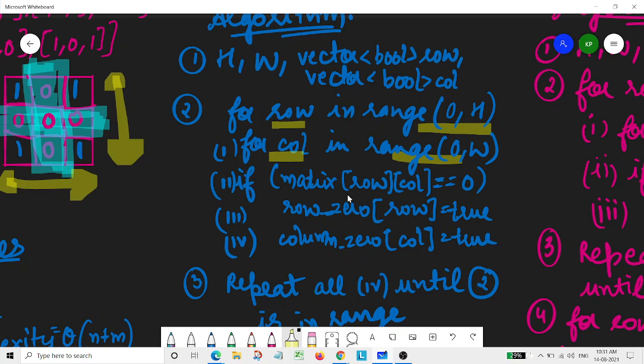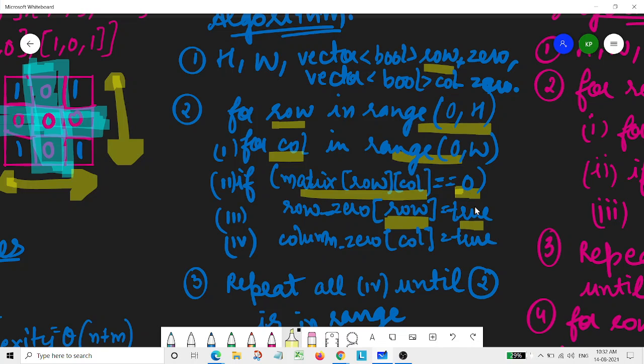So like this, wherever in the matrix I find a row and column, meaning whichever cell I find as 0, I simply mark that particular row as true in this row array. Quickly, here I have written row 0; it was actually row only, and here column.